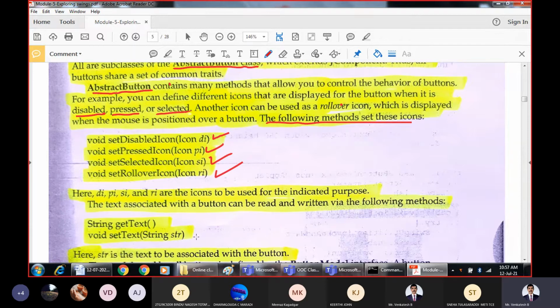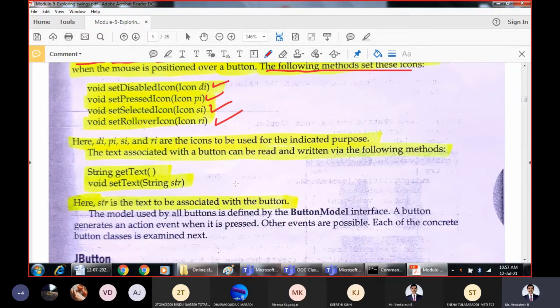These are the possible things we can do with the buttons, and for each action one corresponding method is defined, which will call the action listener for that action. We'll look at this with the help of a corresponding example program.